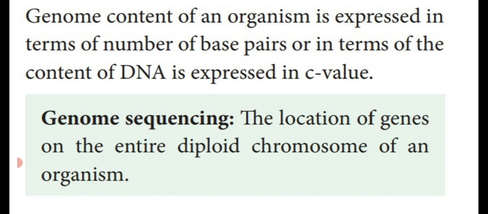That is said to be gene sequencing. Simply, the location of a gene which is present in an organism is identified by the process known as genome sequencing. The organisms contain a diploid set of chromosomes, and these chromosomes contain genes located in particular locations or places that should be identified. The total gene location is identified by a process known as genome sequencing. This is another important 2-mark question.